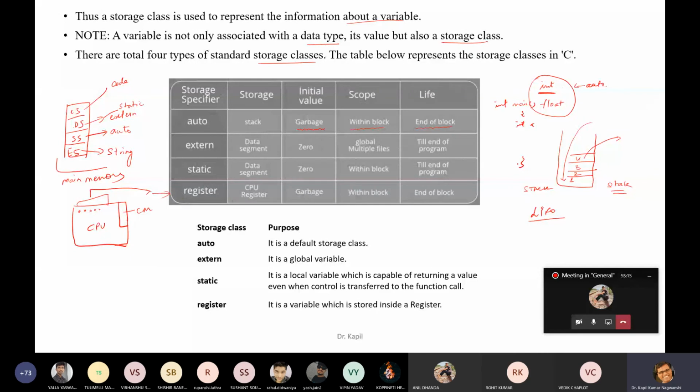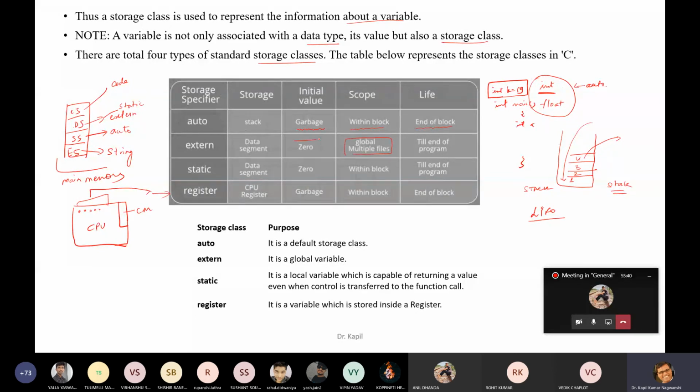Now come to extern. Extern is declared somewhere above the main program, like int k = 19. So this is above the main program, or outside the file also. You can access this from outside the file also. So its scope is global, with multiple files.